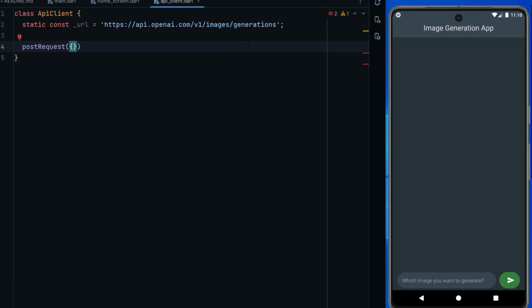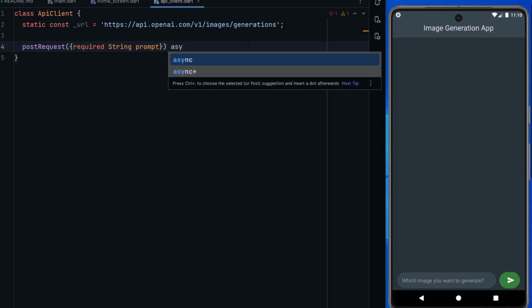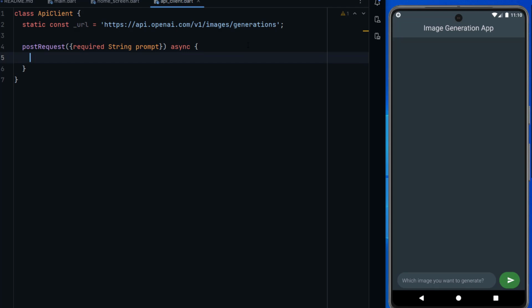Here the user will pass a prompt. You can say prompt, message, or anything you want. Required string prompt, right? This function will be an async function, because it is async, so it will return something. We can return a map. Here we will return a map,